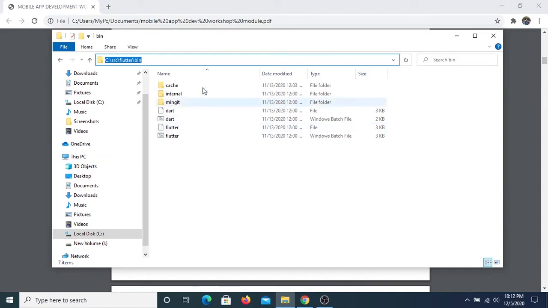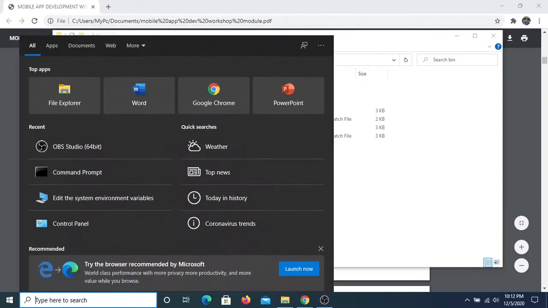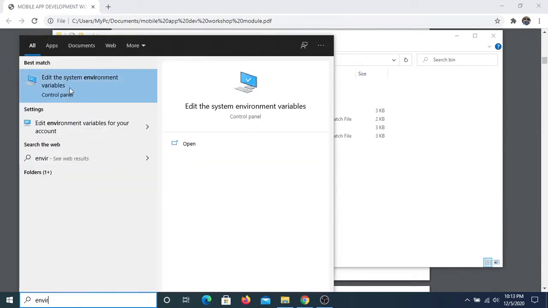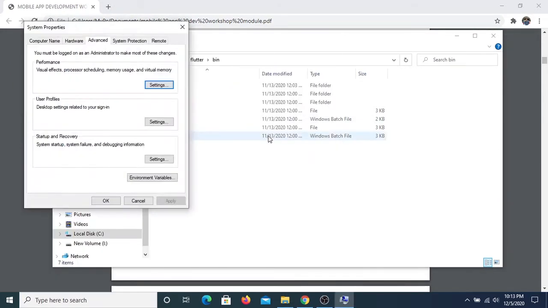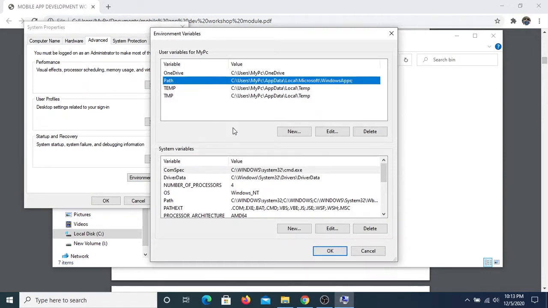All right, so copy this file and go to the search box and search environment, and you will see this, edit the system environment variables. Now click this one and go to the bottom part. Here you'll see environment variables and you will see this path. Now if you don't see the variable path, you might want to create a new one by clicking this new button, but since I already have one, I'll just click edit